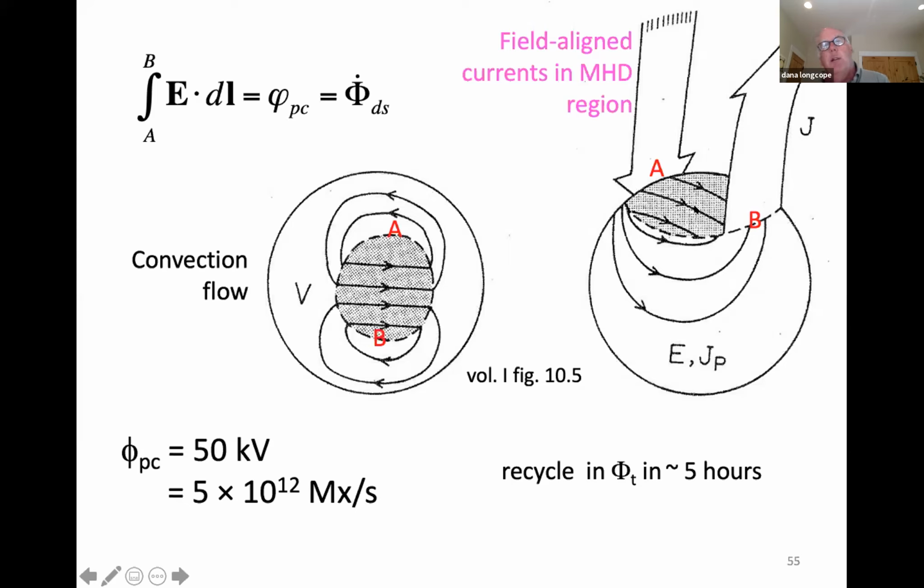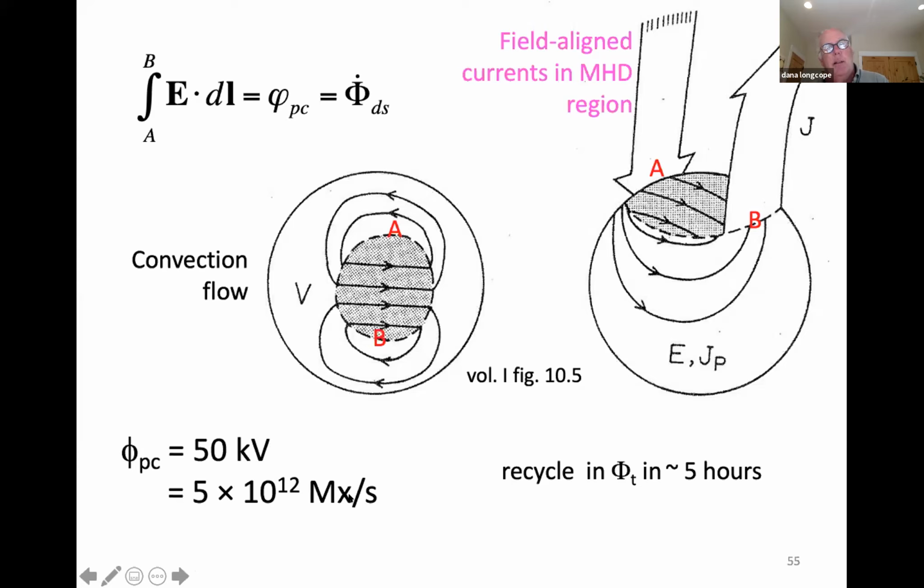The electric field is what drives that current through the ionosphere. And that is the field-aligned currents. This is the sort of structure of the place where the ionosphere and the magnetosphere meet. And if you get a cross field potential, I copied this from somewhere, 50 kilovolts, that gives you the rate at which these magnetic field